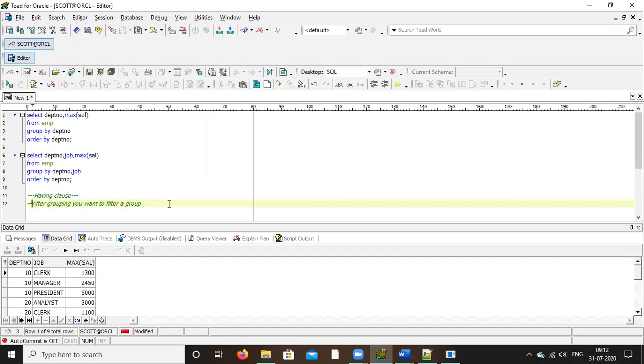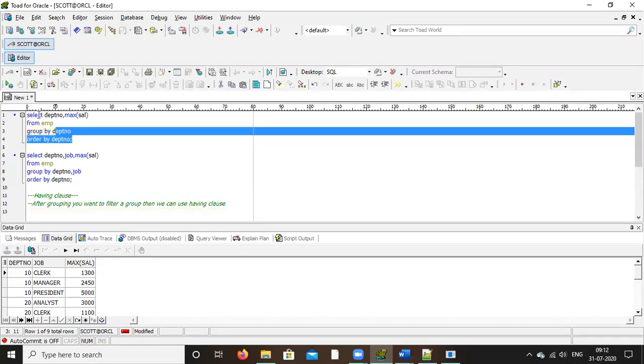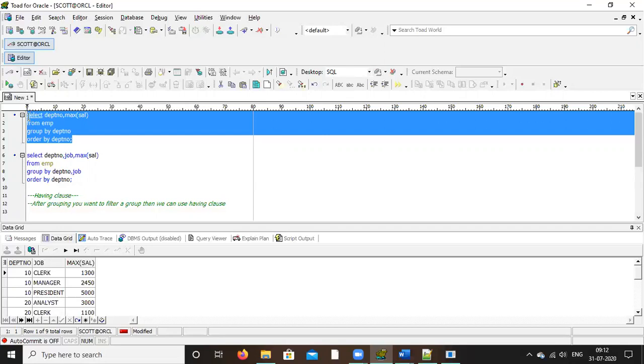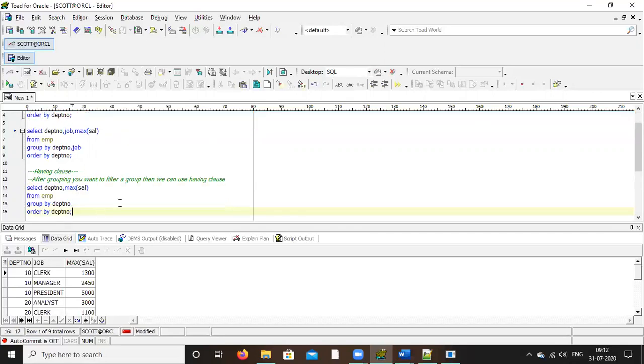After grouping, if you want to filter, then you can use having clause. Now copy that first select statement. Paste it there. Enter. Just give one space after the comment.